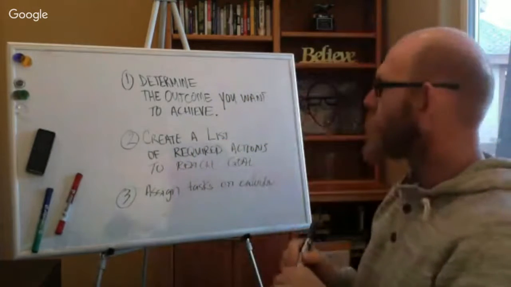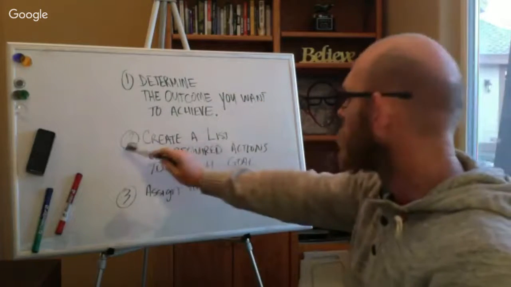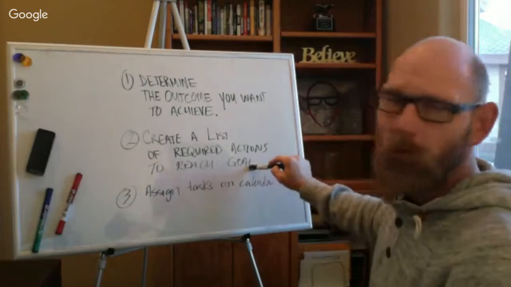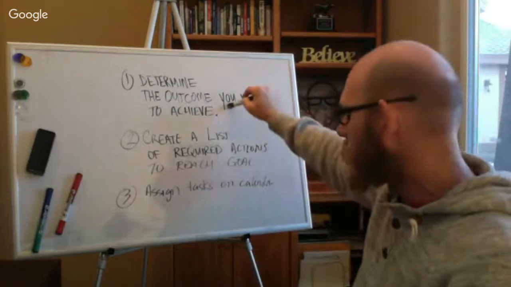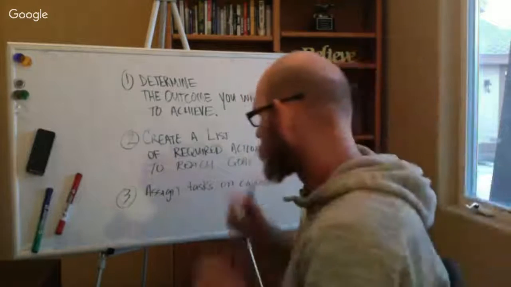Number two, you're going to go and create a list of required actions to reach the goal that you've determined. Number three is go assign those tasks on a calendar